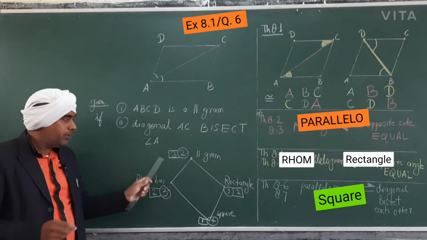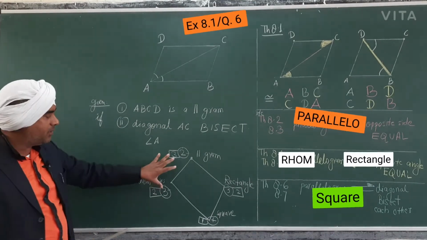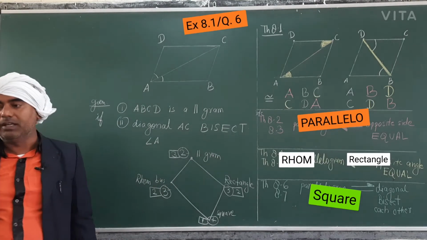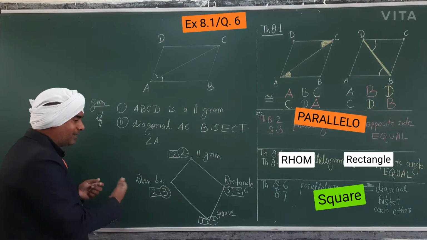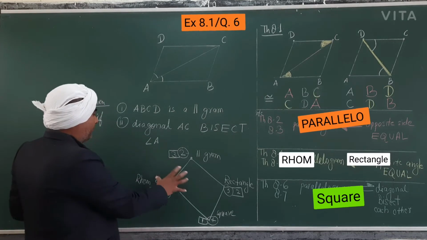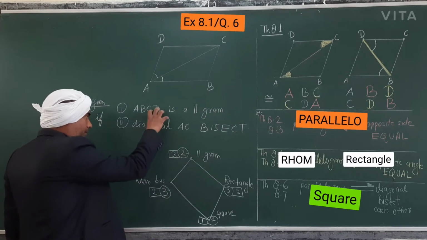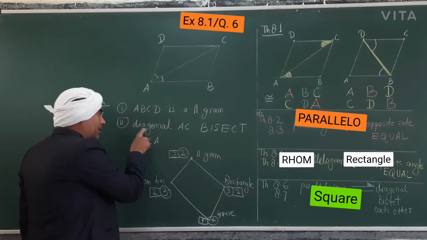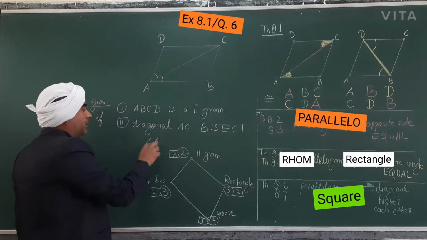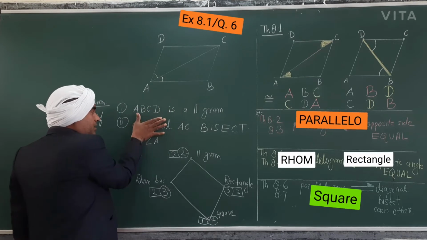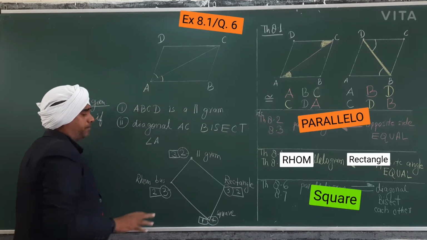So note down in your rough copy. This is not a part of the question. This is only for your understanding. I have told you why this type of question is made. The foundation of this question was these two conditions. If this holds, then it will be a rhombus. Otherwise, no. If this doesn't hold, this will be a parallelogram.